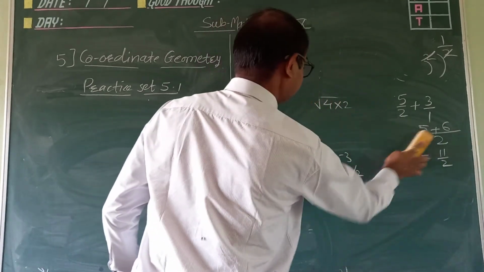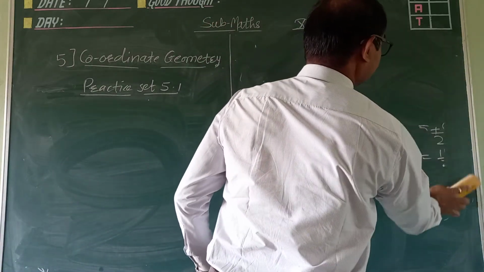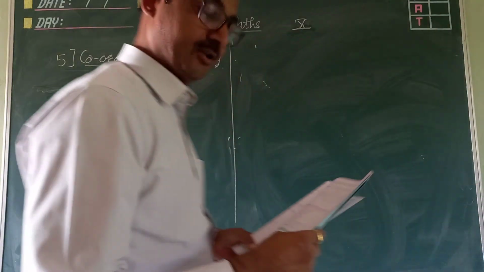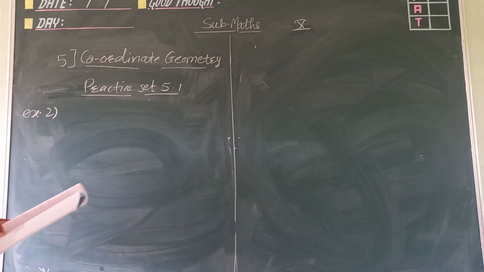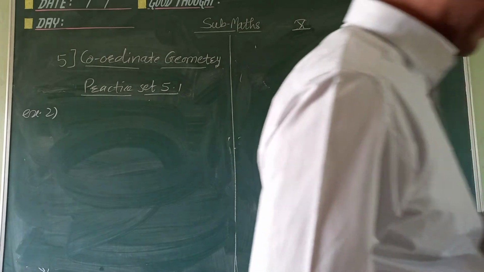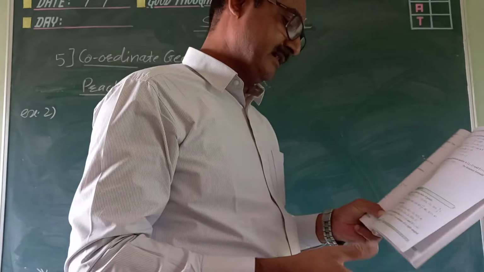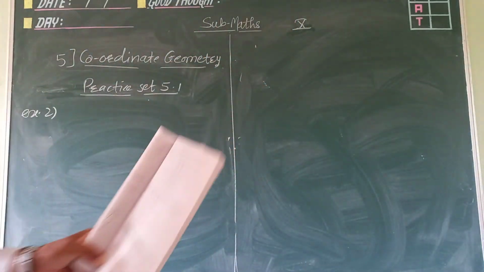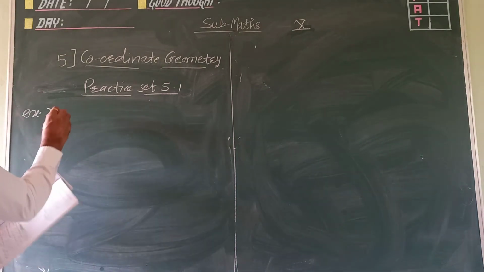Okay. So now the second question is: you have to show whether the given points are collinear or not. Second question. Today we will take two questions. Whatever remains, next period we can take, because that is a very big exercise. Big means the examples are big. So if possible, then we can take them. Otherwise, we will see in the afternoon session period. Okay, so now we will see the second question.